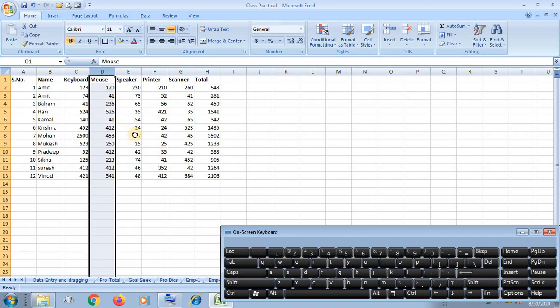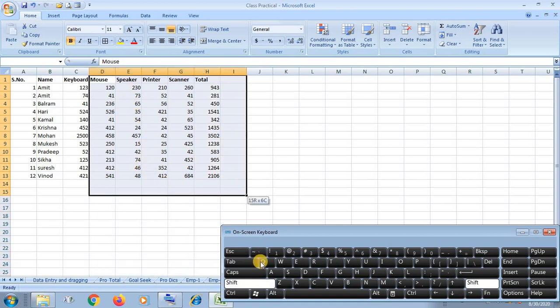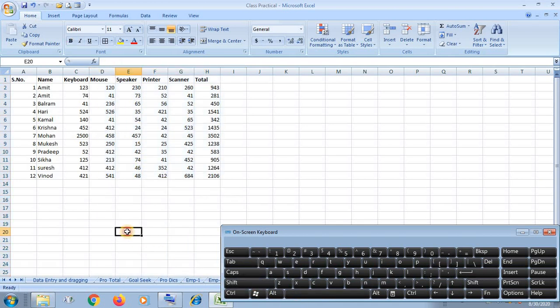And if you select a number of columns by using the cell address, you can select in this way. Continuously you can select a number of columns. Otherwise, suppose you want to select by leaving one column, two columns, then how can you do it?